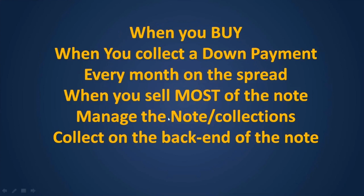And then you're going to get paid to manage and collect the notes for your co-note holder. And then you're going to collect on the back end of the note when the property pays off. So there's 6 ways to get paid in this module. And believe me, did you see right here in this house